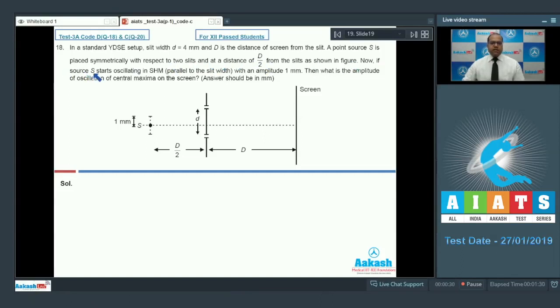Now if source S starts oscillating in SHM parallel to the slit width with an amplitude 1 mm, then what is the amplitude of oscillation of central maxima on the screen? And we have to give the answer in millimeter. Suppose the source is moved to this position and its amplitude is 1 mm. So at that moment, let the central maxima have moved to this position, and if the amplitude of the central maxima from this position will be x, then I can say that